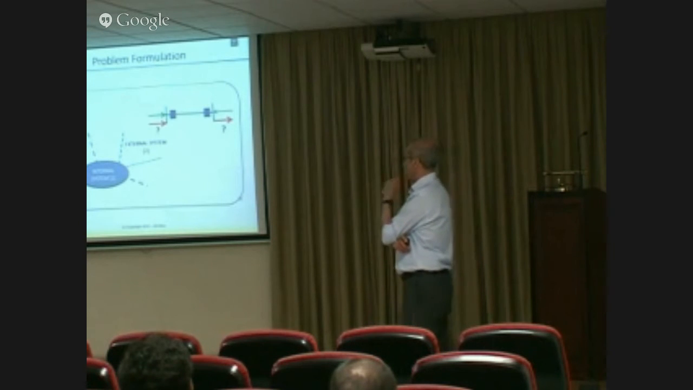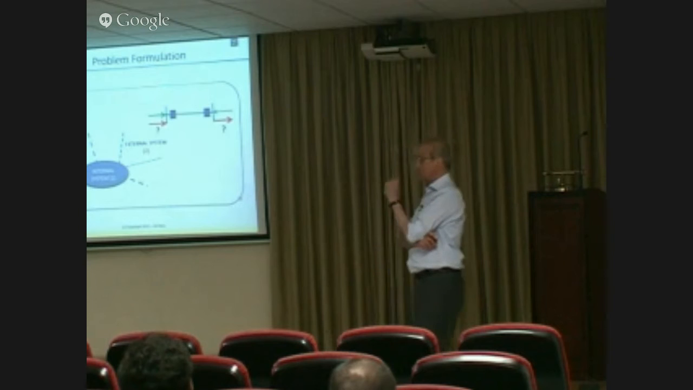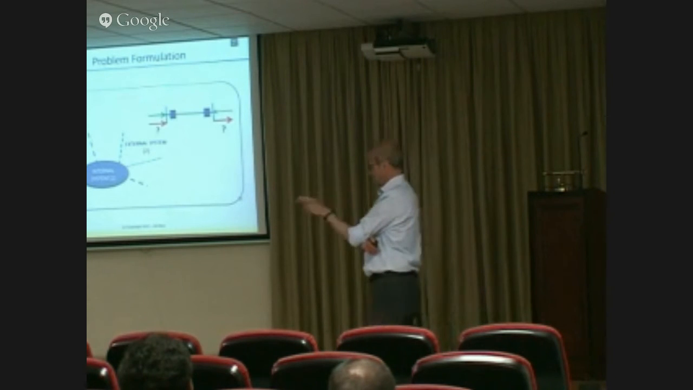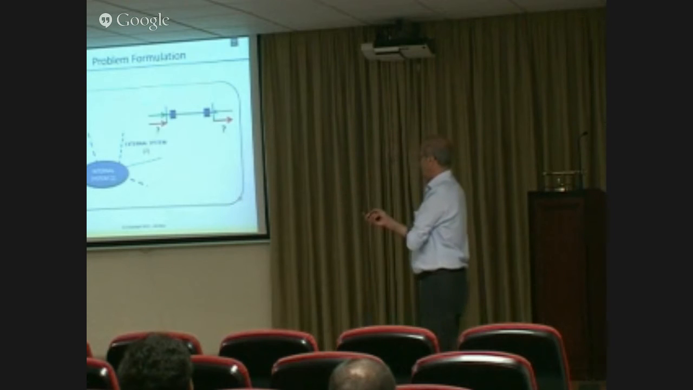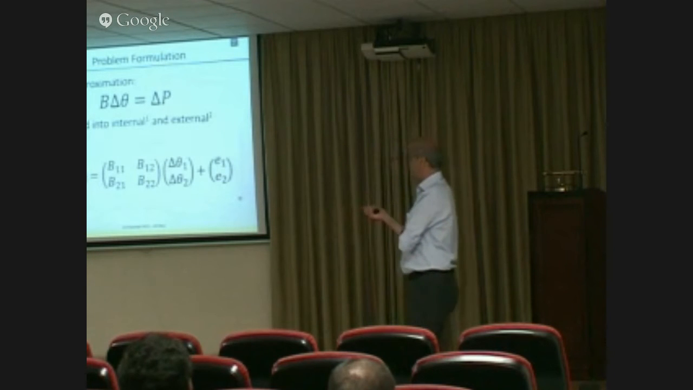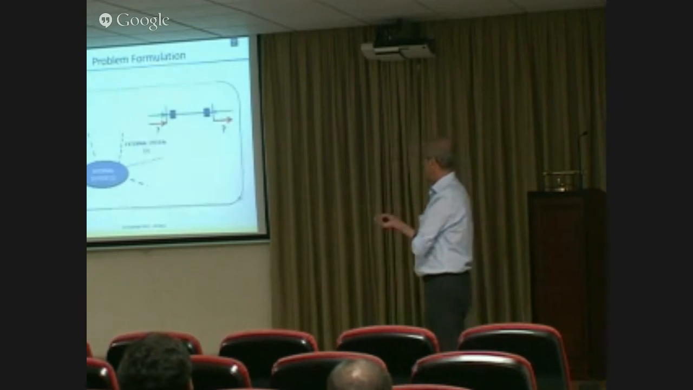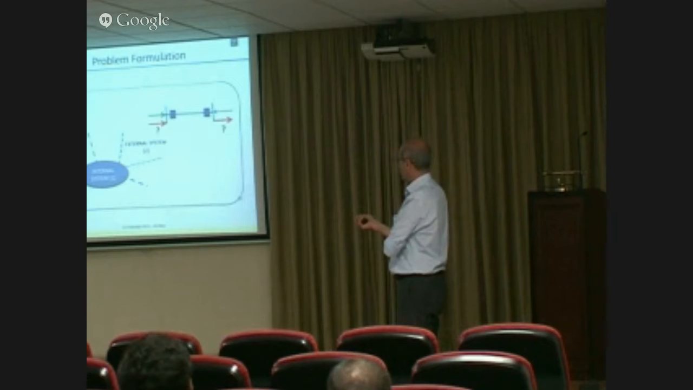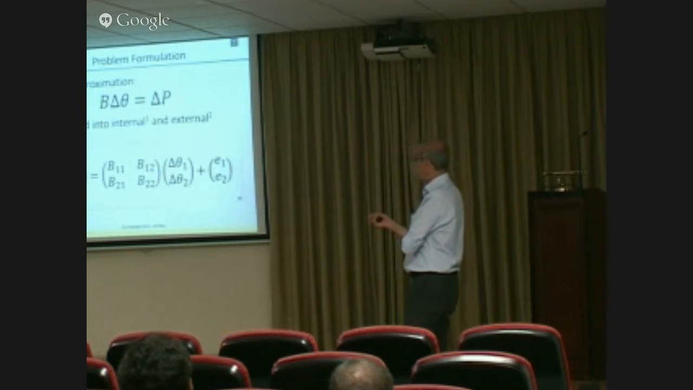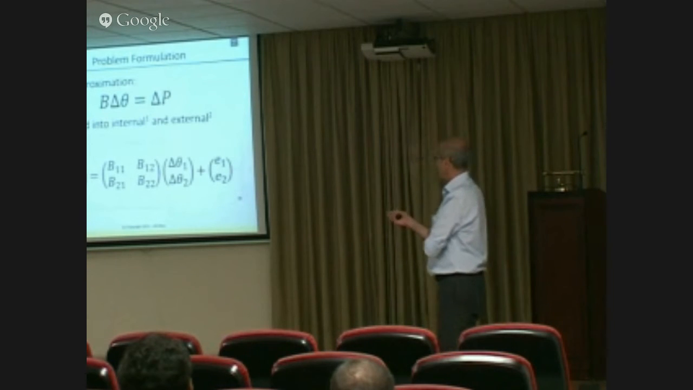So the problem turns into identifying these jumps in the injections rather than a change in the topology. If you present the problem like that, then let's start with the linear approximation. If you take the linear approximation of the equations representing the whole system, internal and external, you can write it out like this. This is the linear approximation, B being the